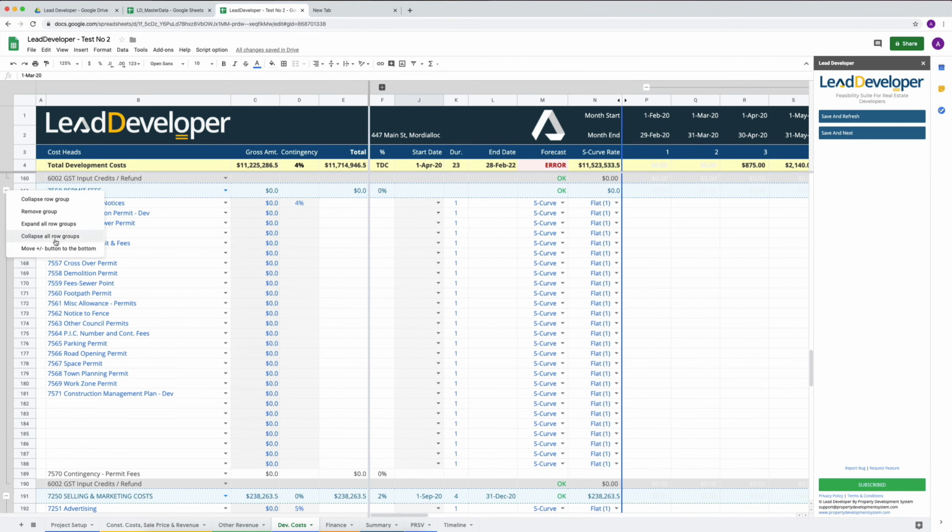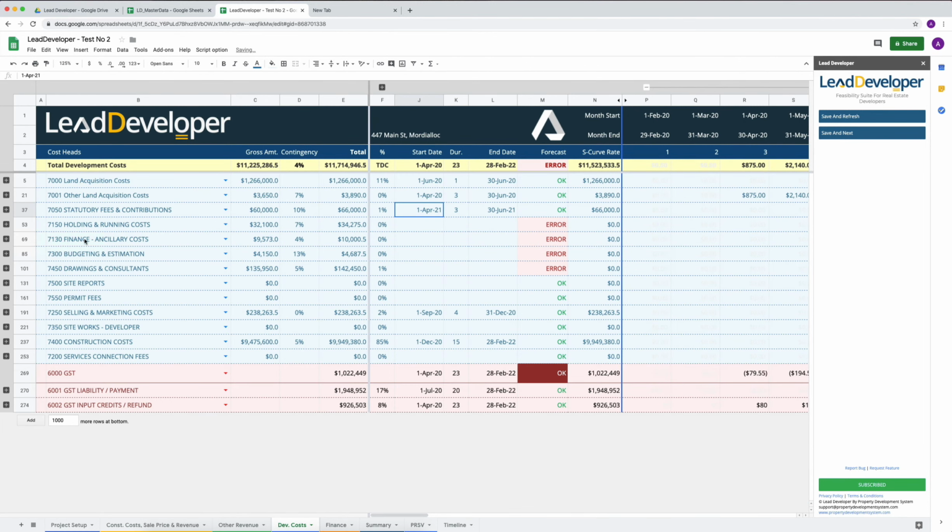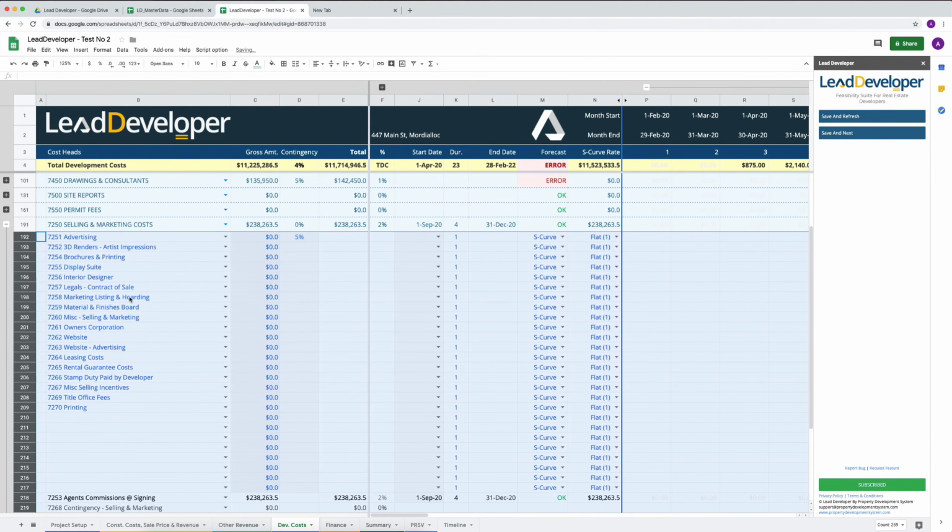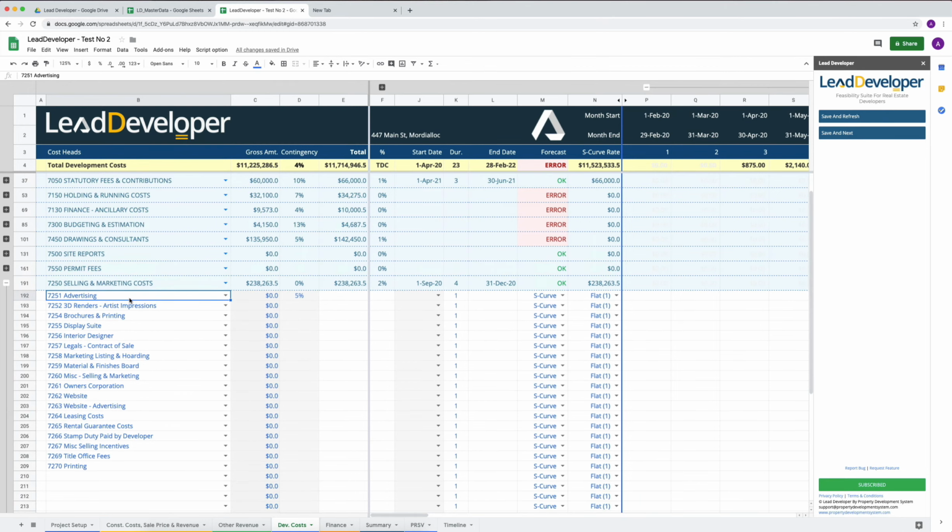So let's just collapse all of them. And my marketing stuff is right here. Where did it go? Selling and marketing costs right here. So if I come here and I say, okay, I've got to start advertising this, all I want to know is that when I do this advertising, I'm going to spend, let's say, $1,500 for a listing on a website that helps me sell